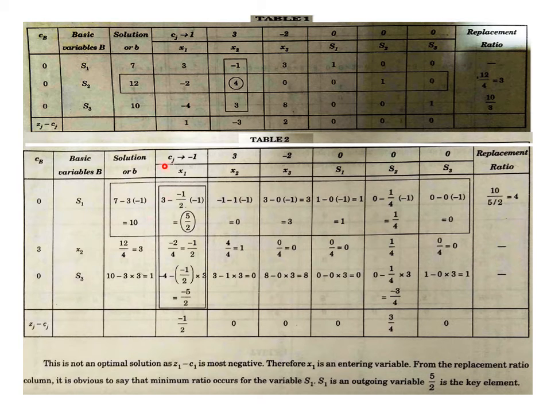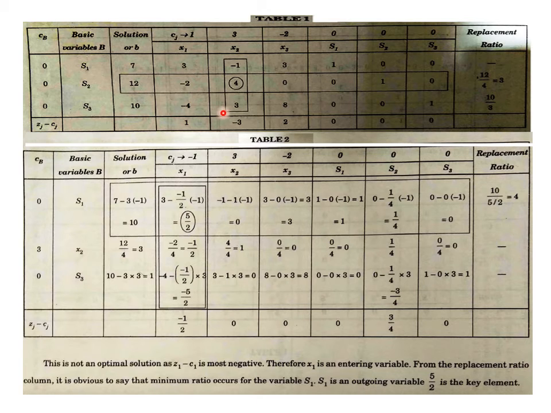Here you can see minus 1 is multiplied with 3, minus half, 1, 0, 0, then minus 1 multiplied with 1 by 4 and with 0, and all subtracted from the older positions of the first row of table 1, and we calculated them as 5 by 2 etc. So the first row of table 2 came, and similarly for finding the third row of table 2, copy the third row